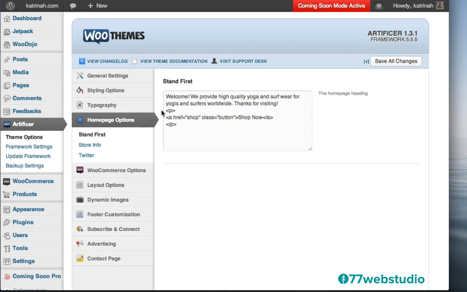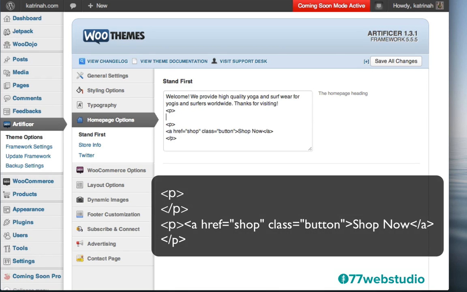So here we see that here's the paragraph break, but I need to add another paragraph break to create some space. So I'm going to place the cursor right underneath the text and add another paragraph opening tag and closing tag. So I just added these right one line after the other. There's a bracket, a P, and a bracket, and then a bracket, a forward slash, a P, and a bracket. And no worries if you can't see this, I will add this to the video so you can see this more clearly.